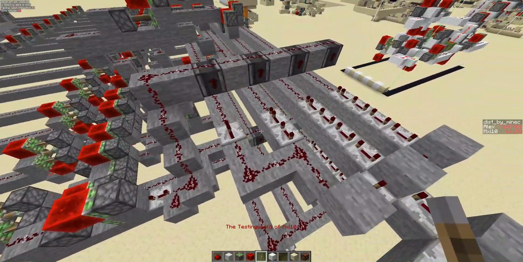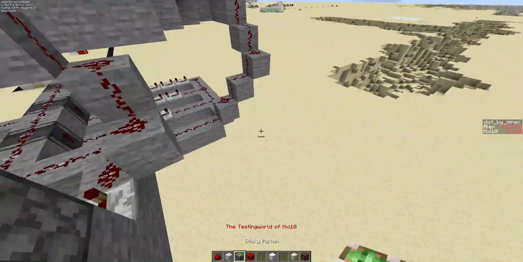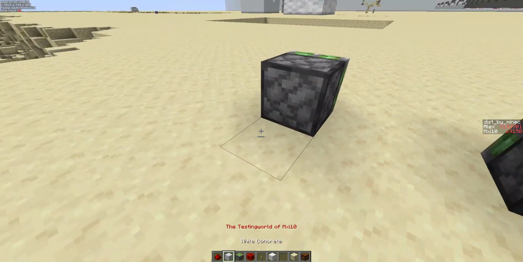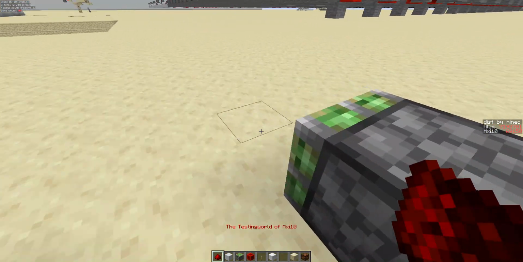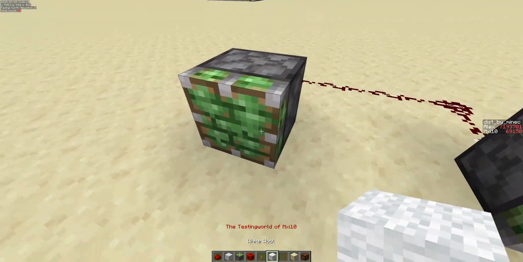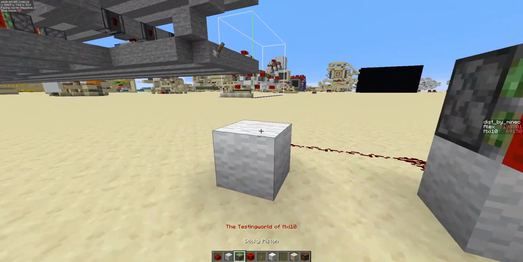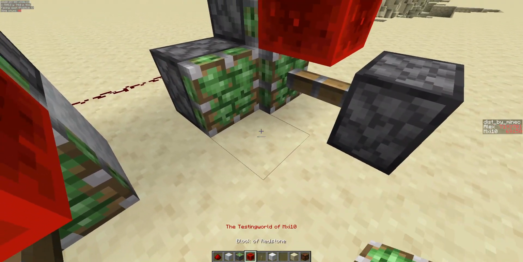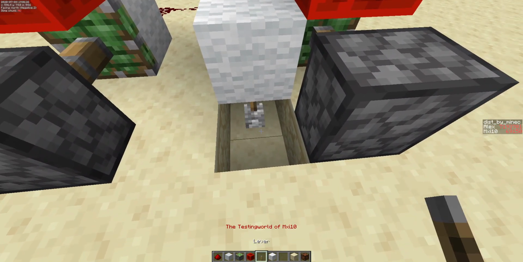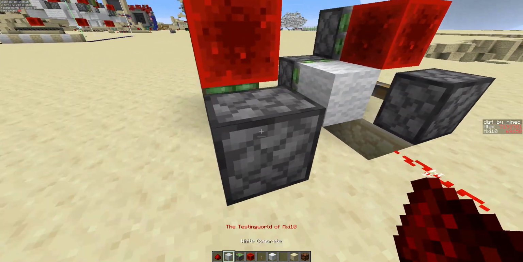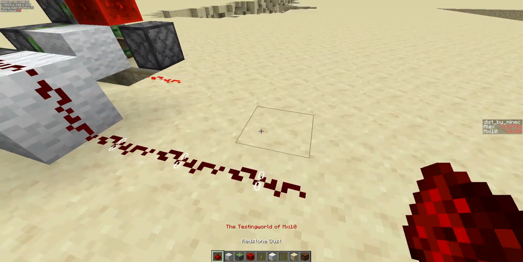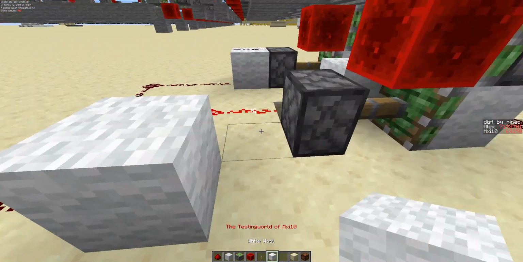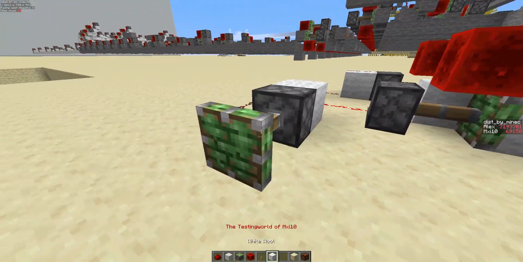What I mean by that, I can demonstrate it. Or can I? I think I can. If we have the same signal going into two of these with that and that and this, and this is a NOT gate with a lever, and here we don't have a NOT gate. And both of these are pointing into the same piston. Then this piston actually